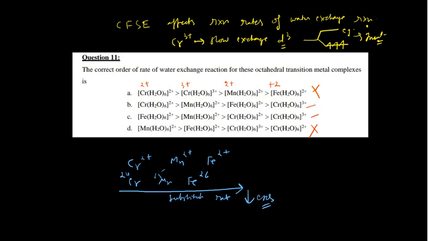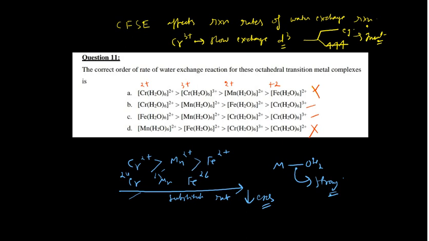Why does it decrease? Because the effective nuclear charge across the series increases. And when the effective nuclear charge increases, what happens actually? This bond will become stronger, a strong bond, due to this one. So you see, least for this one, and after that Cr2 positive would be there. So after that, sorry, greatest for this one and this one.